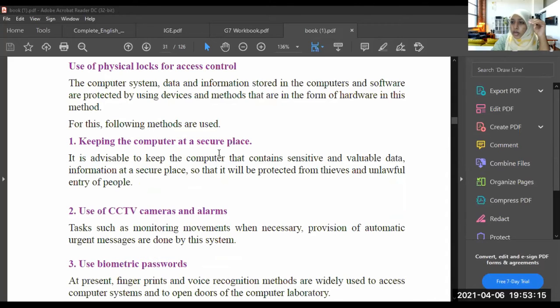Never keep your computer wherever you want inside the house. Keep it in a safe, secured place. It is advisable to keep the computer that contains sensitive and valuable data and information in a secure place so that it will be protected from thieves and unlawful entry of people.